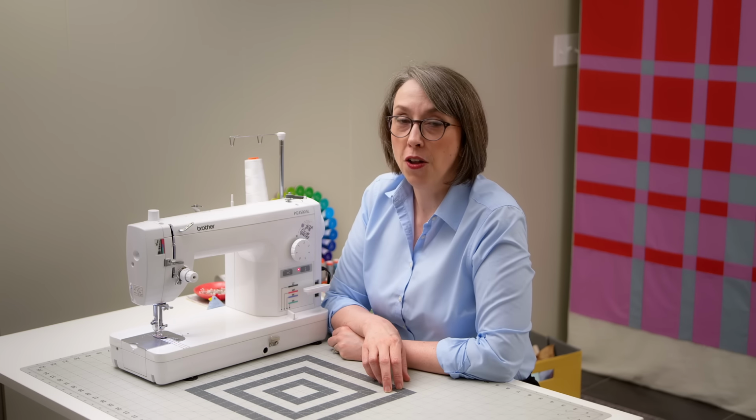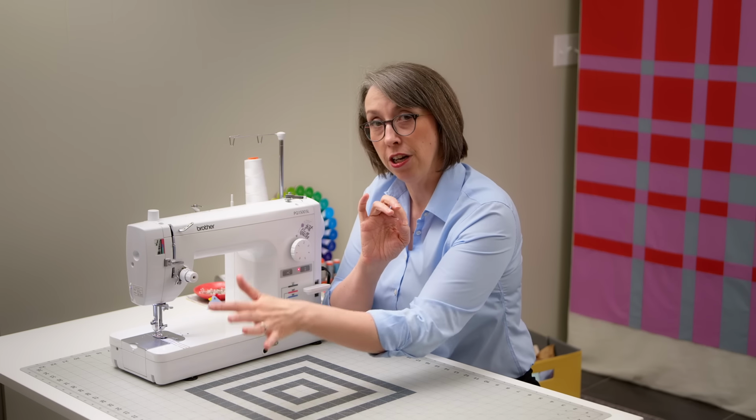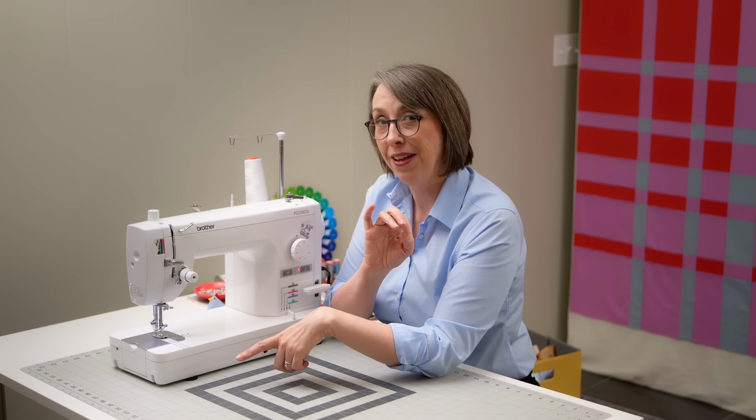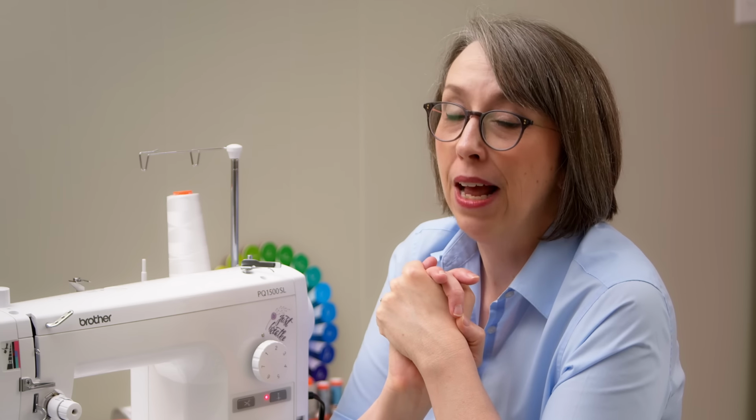Unfortunately, I also have a YouTube channel and have to move my sewing machine off my sewing table all the time because I'm not sewing full time. I'm pharmacisting full time and quilting part time. I moved my sewing machine, and when I did, I jerked the washi tape off and had to put it back on. So I did the yellow and blue blocks at one seam allowance. And then when I put the tape back down, I forgot again, and I didn't put it at the same place for the orange and red blocks. Now,